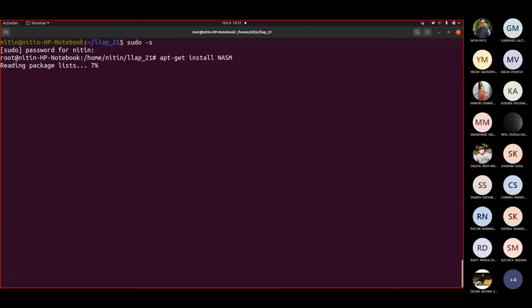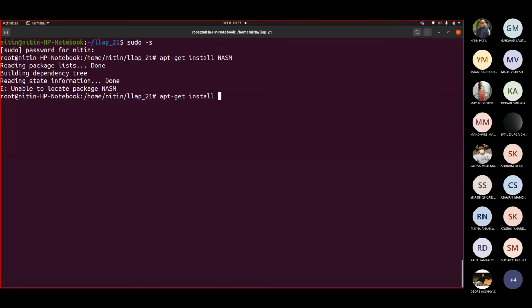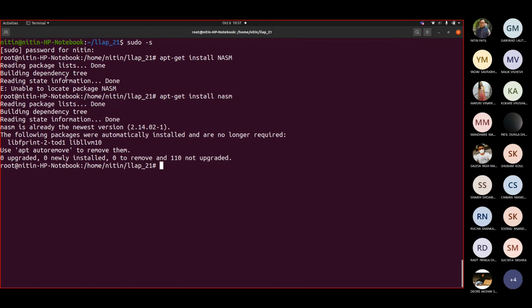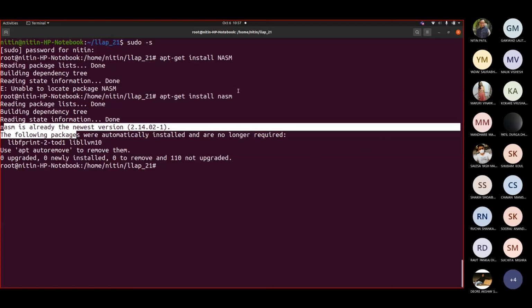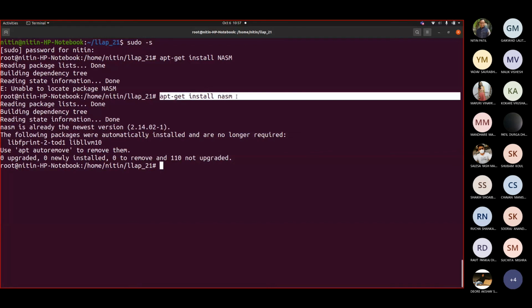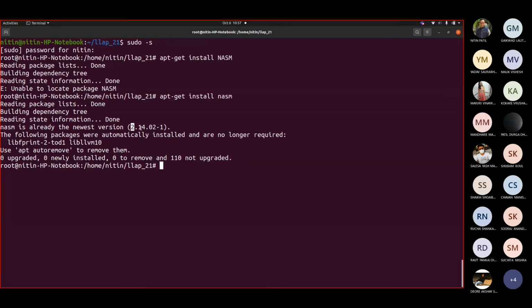It will install. Right now, as I already installed it, it will not go ahead, so maybe you can press tab. Okay, it already had it, that's what it says: NASM is already there. So you have to write apt-get install nasm, and it will install the current version of the assembler for you. On my laptop, I do have 2.14. So you can install it.